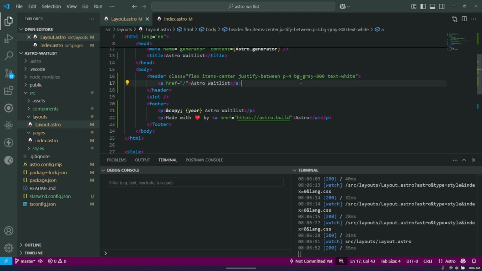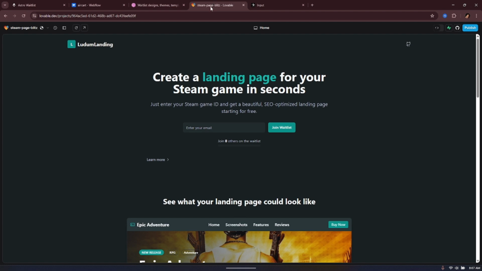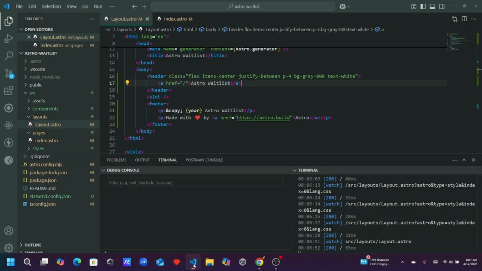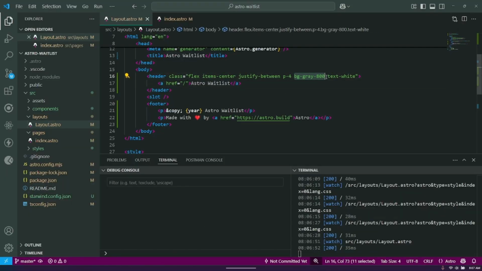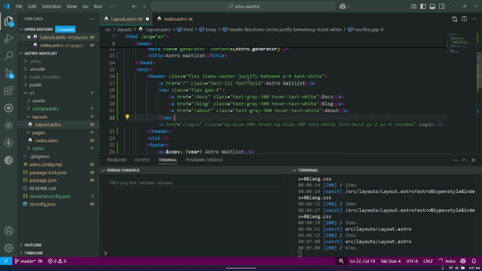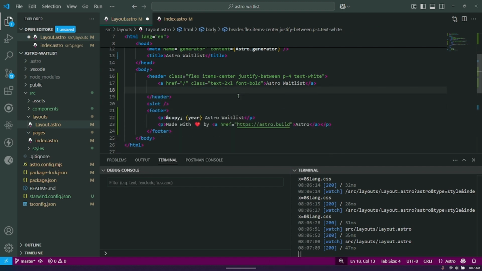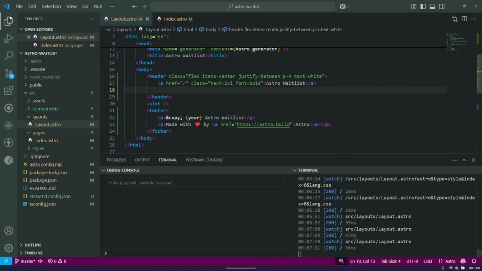Excellent. With background grey. The background's actually the same, so we don't need to change that. Background is there. And we will remove the nav. We don't need a nav. We do need the waitlist there, but we will also add a